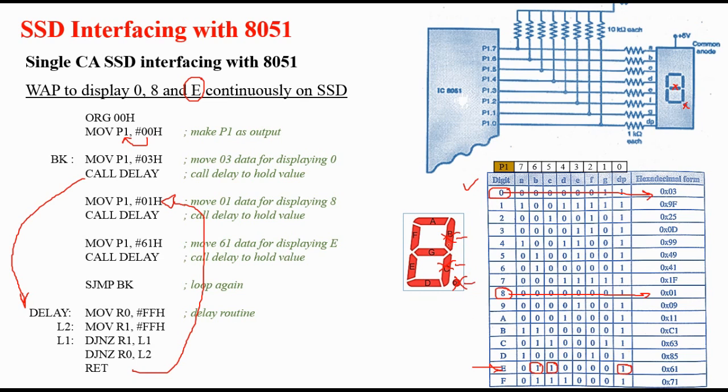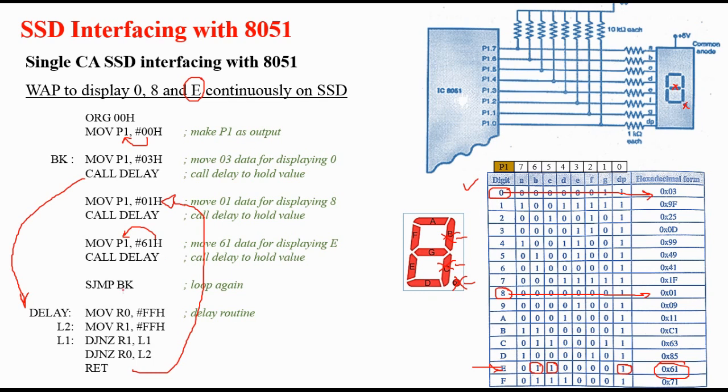Those LEDs will remain low and the other LEDs will become high, meaning they will start glowing. So for that purpose we have to move 61. So move port P1 comma #61H. So 61 will get moved onto P1, call delay, so that the E alphabet value will be on the display